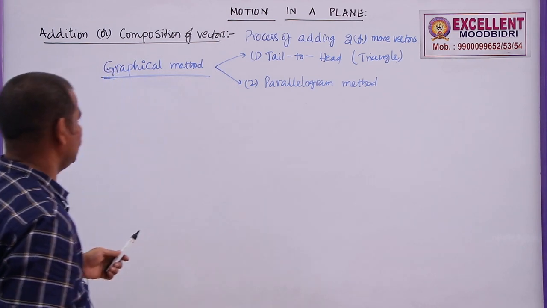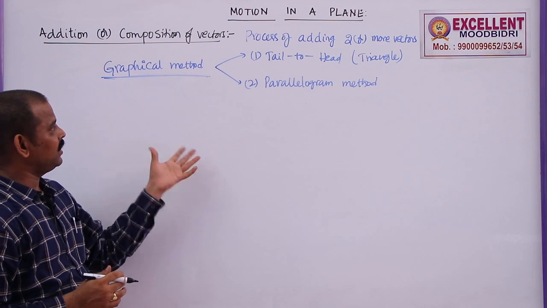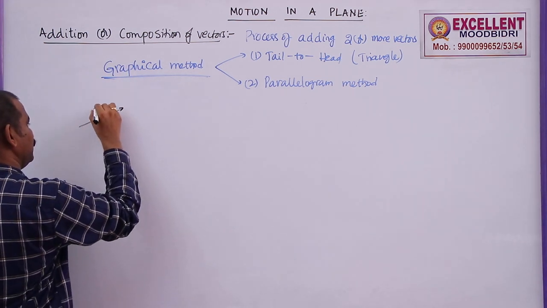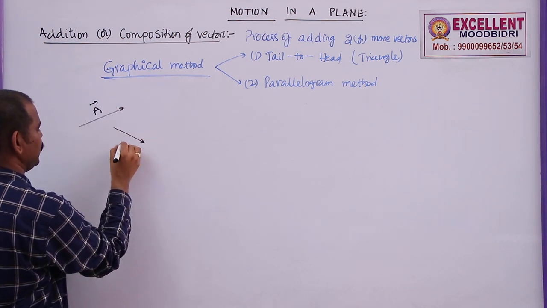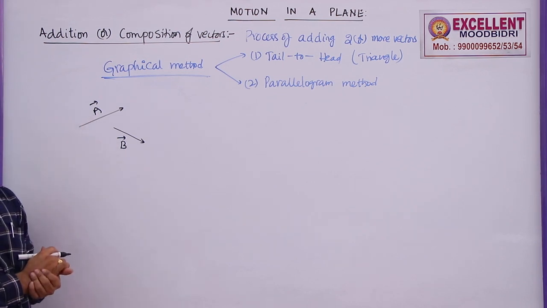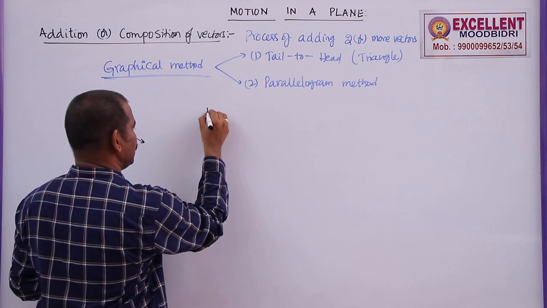So, what is this graphical method? In this one, to find out the resultant of two vectors, let us say I take a vector A bar here, and one more vector which is acting like this, B bar. If I take A bar and B bar, what is meant by resultant? Resultant is